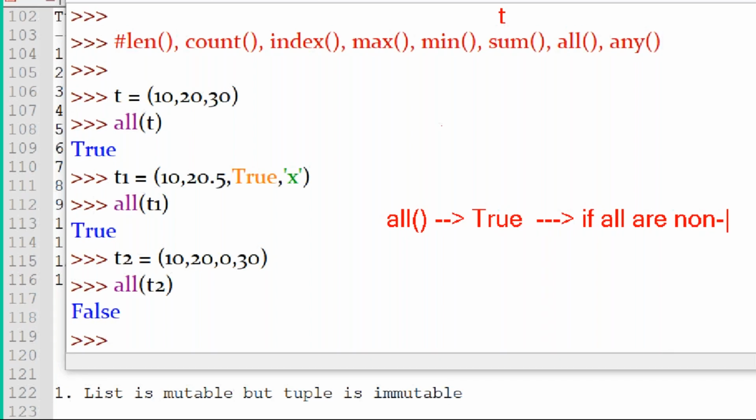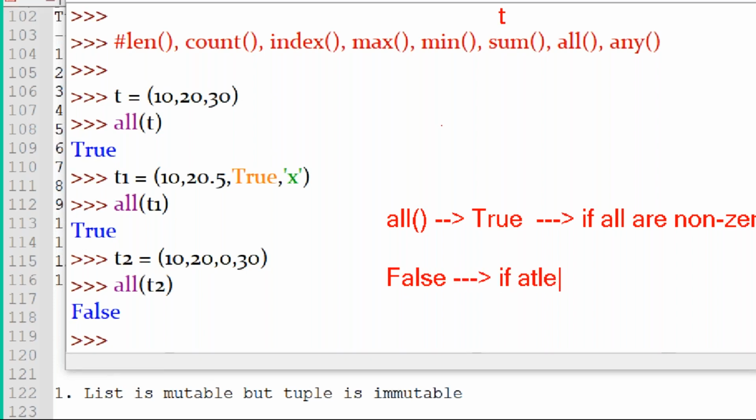If all are non-zero, then it is true. All returns true if all are non-zero elements, and it gives false